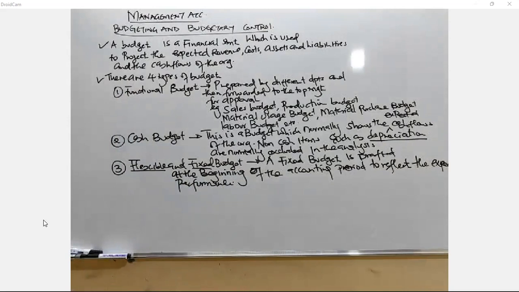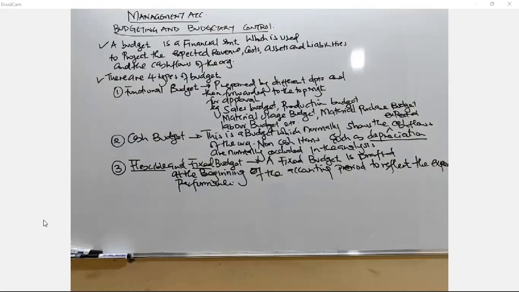In this budget, the number of units produced is unknown, and therefore the actual production might be different from the expected production. We are preparing it just to assess the performance of the management, and this can only be achieved when the budgeted units are equal to the actual units produced.